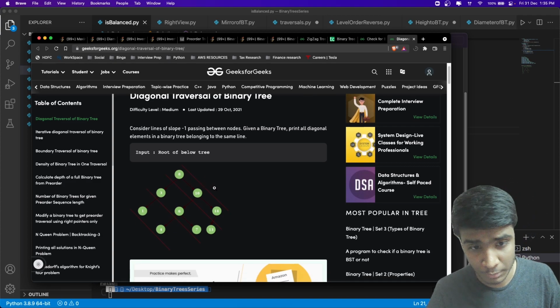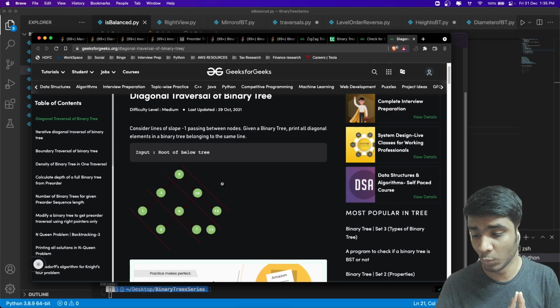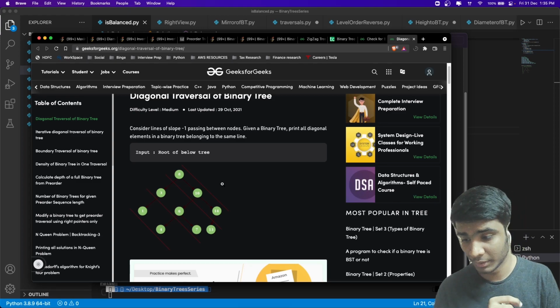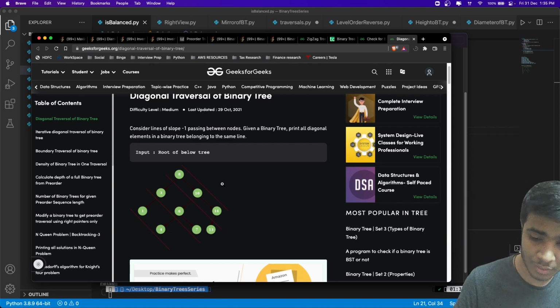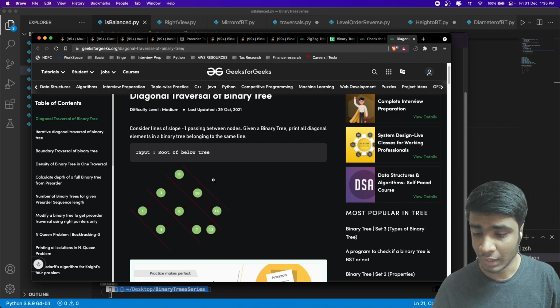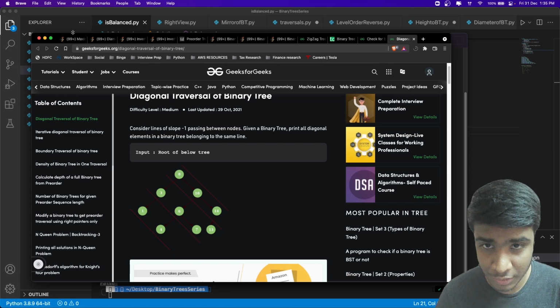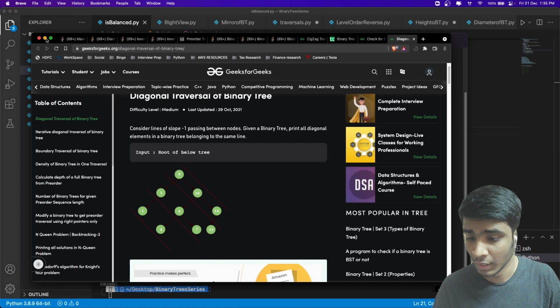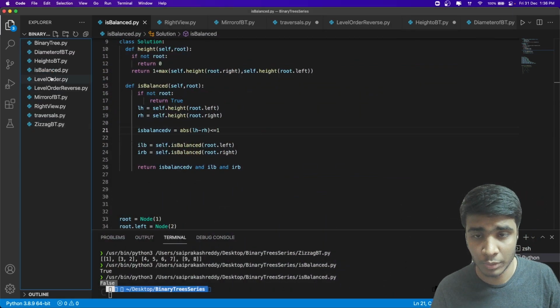But I'll give a simple hint here. At level one, we are looking for the right elements. In all the remaining levels, we are looking for the left elements from the previous level, right? That's how you can solve this problem. I suggest you pause the video and take a couple of minutes to understand how to solve this, and then I'll solve it for you. Okay, let's solve this problem.